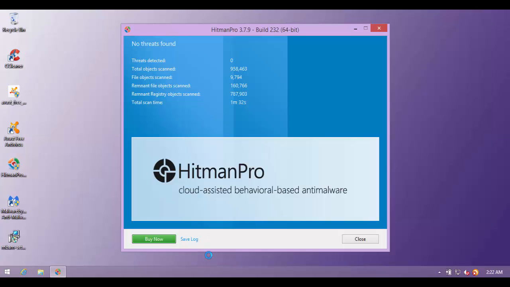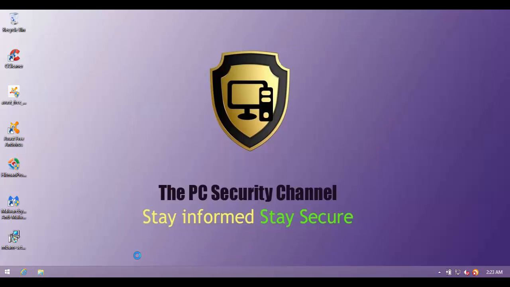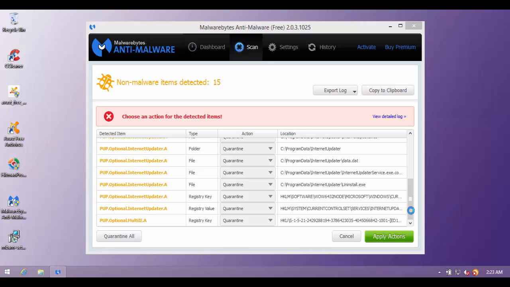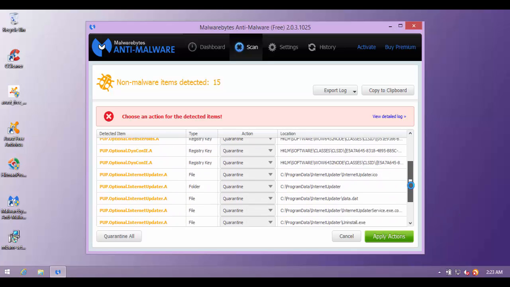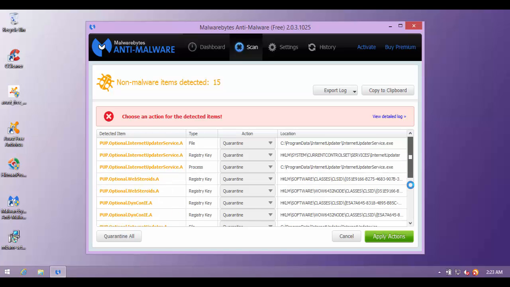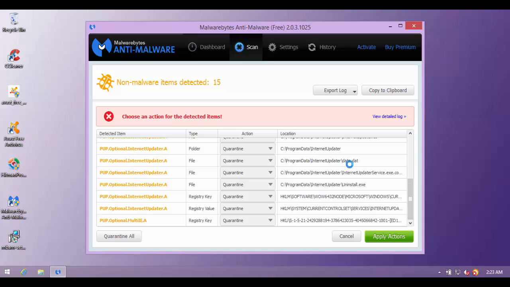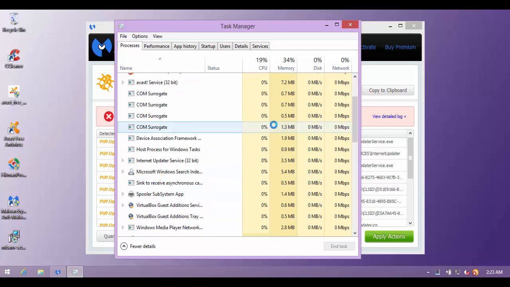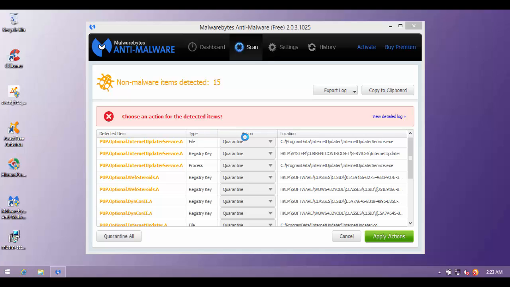Welcome back. So here is the much awaited verdict of the scanners. HitmanPro says system is clean. But now we go over to Malwarebytes. And Malwarebytes doesn't quite say the same story. It has found 15 infections, but none of them are really dangerous. They're all pieces of one potentially unwanted program, and it's just spread all over the system in different DAT files, registry entries, program data, all kinds of stuff, but it's basically just one infection. If you remember setup.exe, well, that's the one that screwed it up,